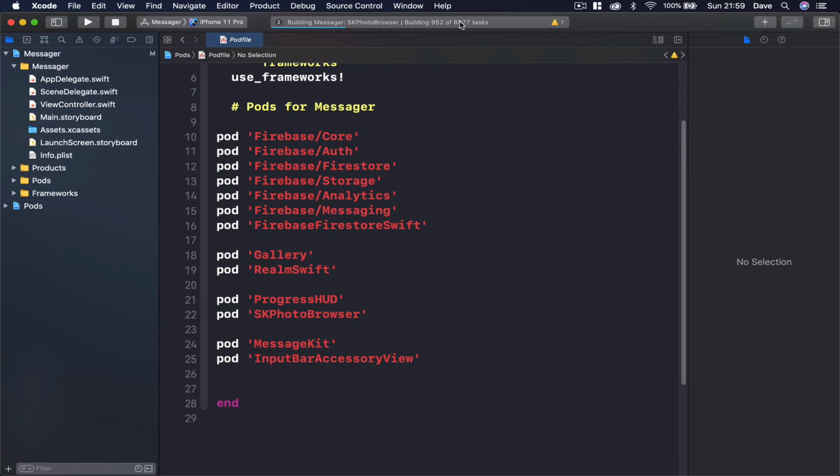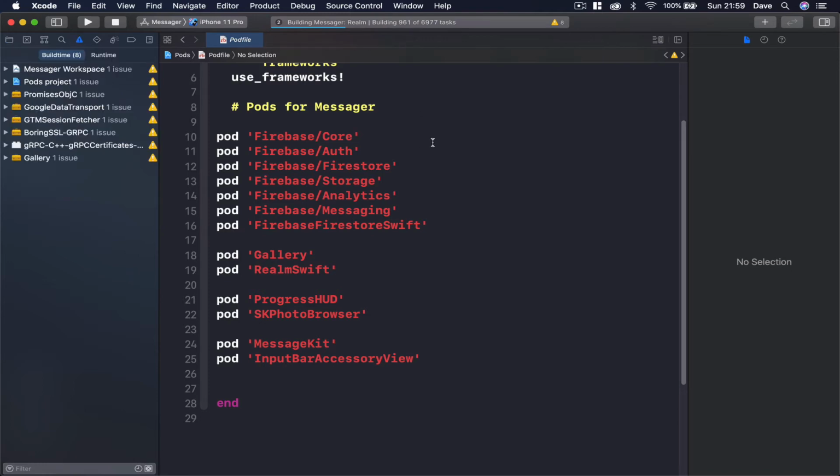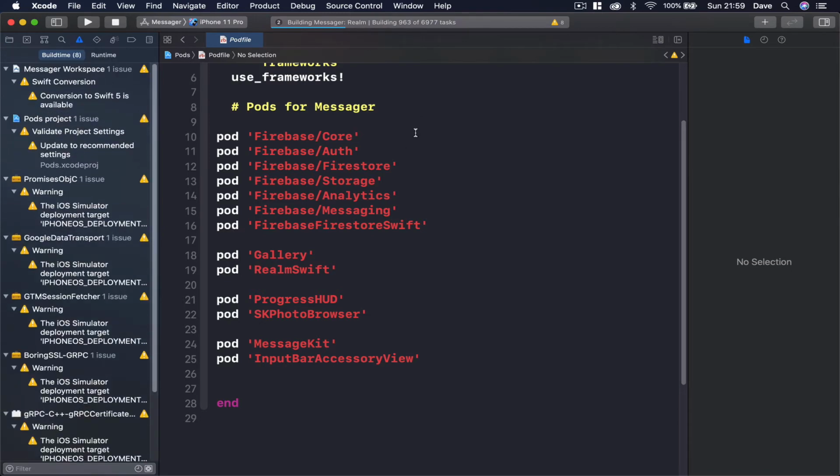I can see how many tasks there are to complete. So the first run, once you install all these libraries, is going to take some time. So I'm going to pause my video here. You may get some kind of warnings here on the left side. Don't worry about them. Whatever is yellow warning, there is nothing to